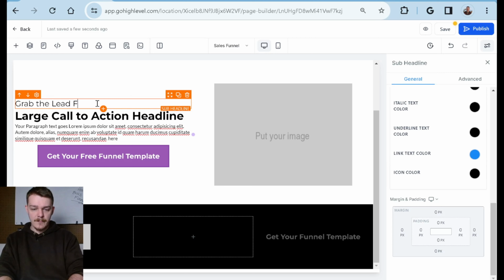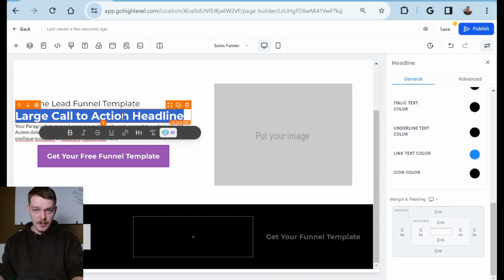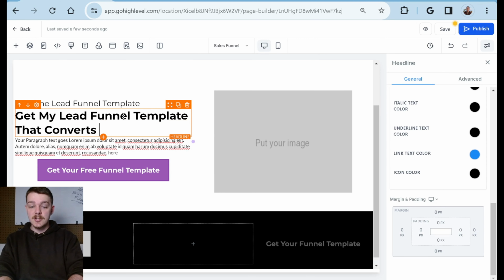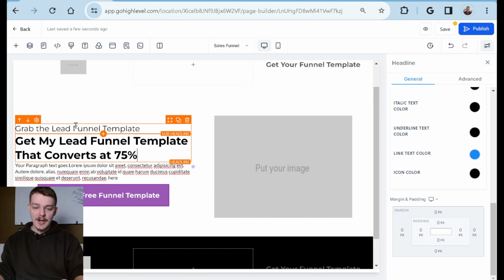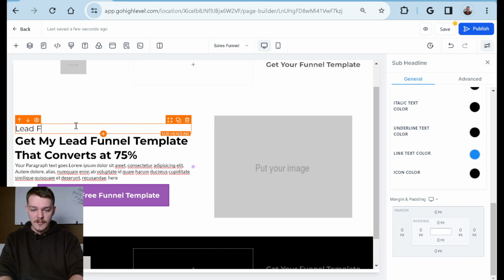And the big headline is where I like to put the story. All right, so get my lead funnel template that converts at 75%. Right? Because that's happened. That's a real testimonial. That's a real story. That converted at 75% is this funnel. It's this basic, right? And up here might just be the title of the funnel. So it'd be a lead funnel